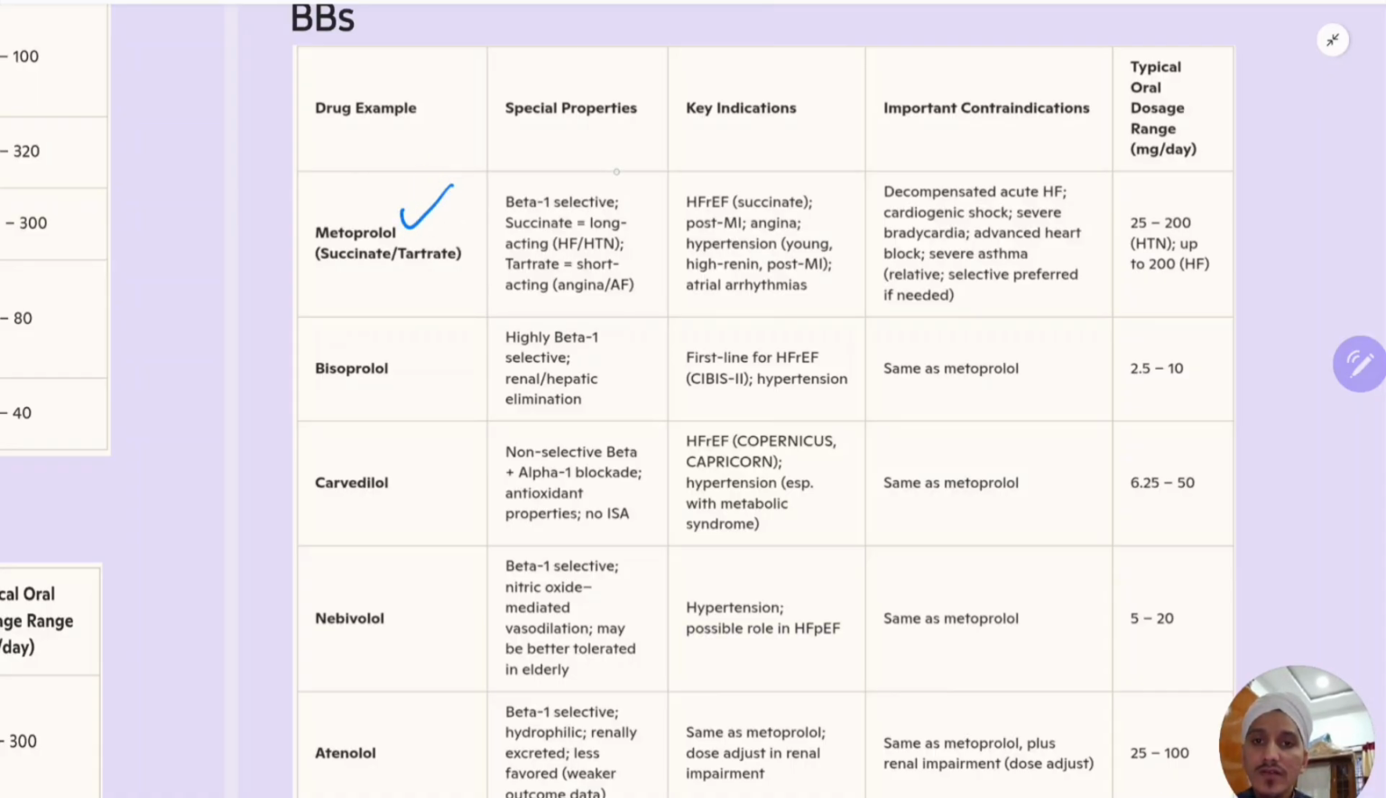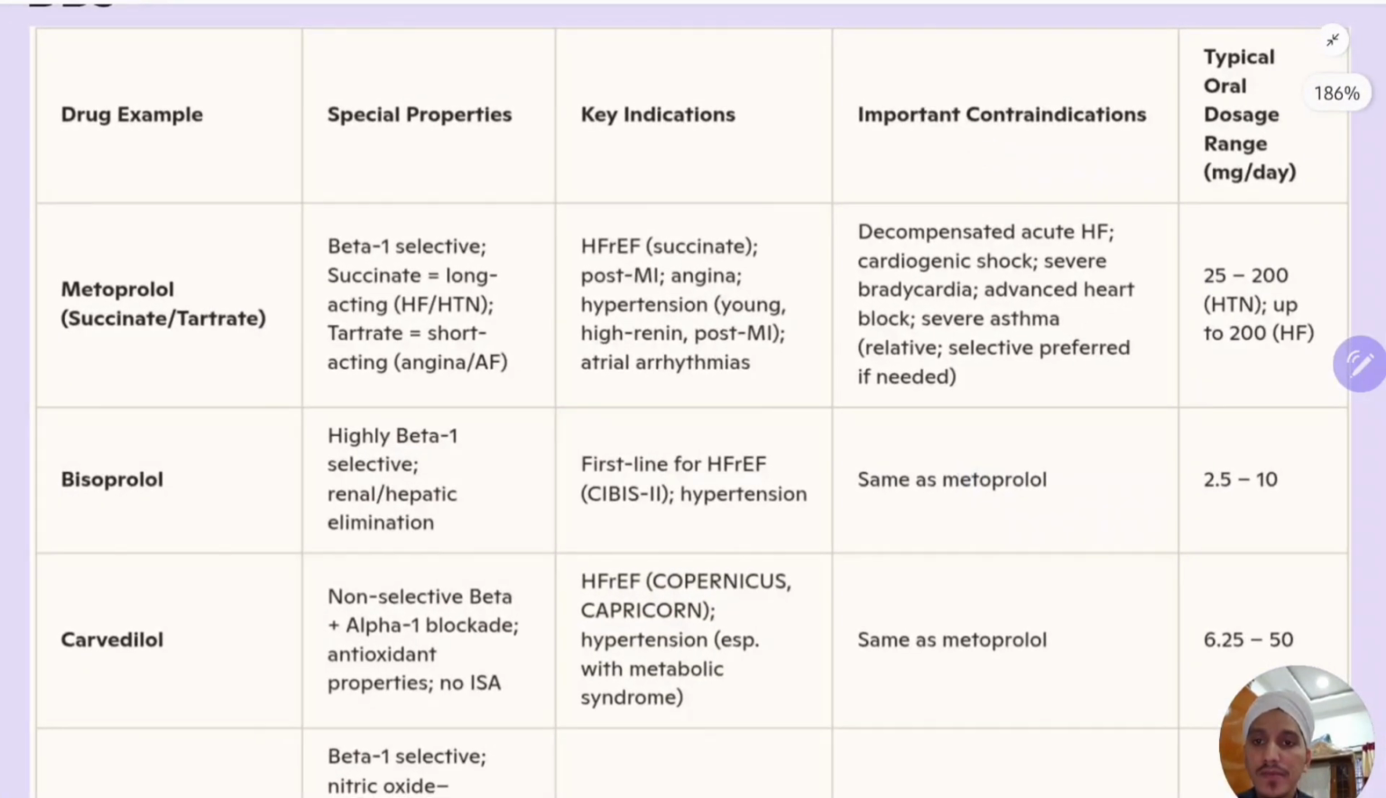Metoprolol. Special properties: beta 1 selective, long acting. The succinate derivative is long acting. The tartarate derivative is short acting. So metoprolol tartarate is used in extended release form, whereas succinate can be used in once daily form. The beta 1 selective succinate derivative is long acting, and is used in heart failure